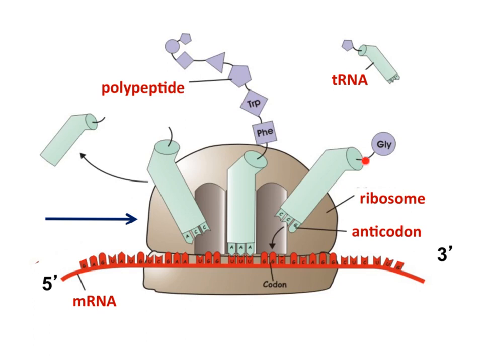We can see an arriving tRNA molecule with a glycine amino acid attached. We can see a tRNA in the P site with the polypeptide chain attached. We can see a tRNA exiting the E site. A peptide bond will be formed between the amino acid glycine on the incoming tRNA and the amino acid phenylalanine